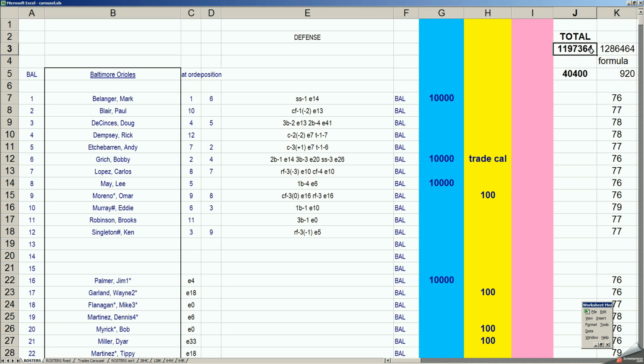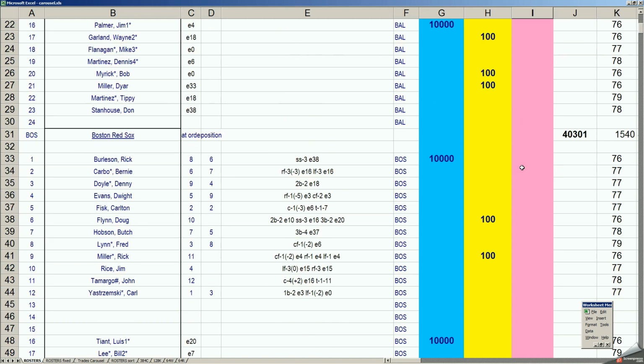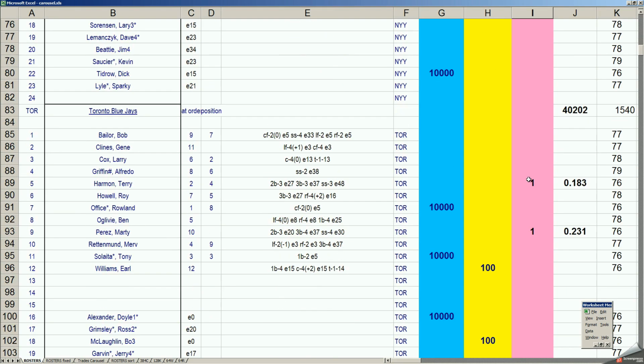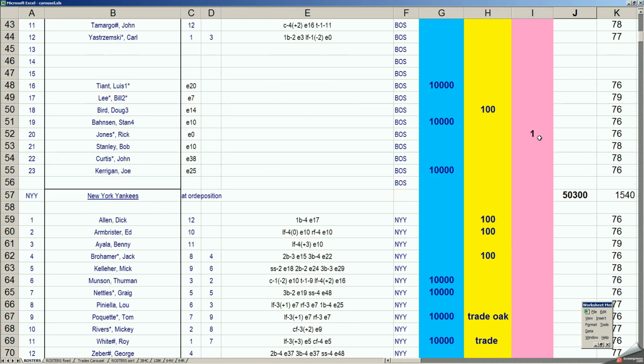Now, I also happened to compute already, to make this easier, that we have 64 retirees, which is on target. There were actually between 57 and 61 guys who retired, meaning that they didn't have a card in 1977. But I took some really bad waiver guys, and I also made notes for other waiver guys. For instance, even the Toronto Blue Jays here, like Terry Harmon, he actually has a card in 77, but he hits .183. Marty Perez has a card, he hits .231, but they're currently retired. The point was to get to